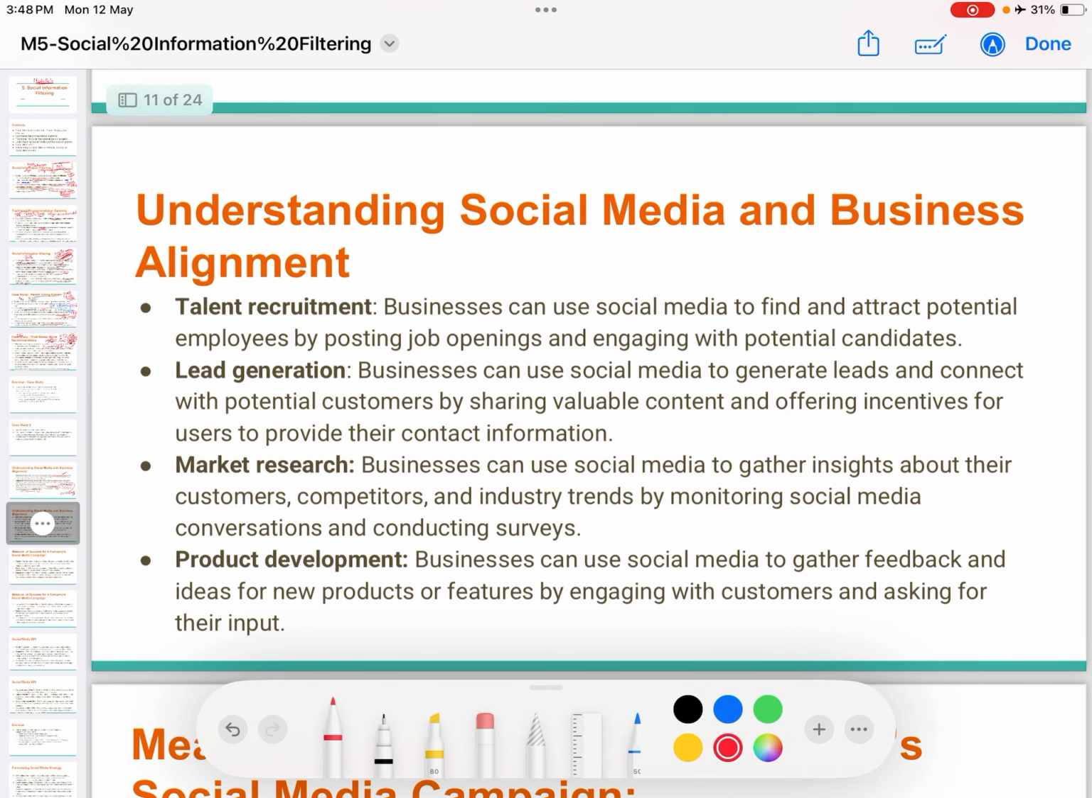Next is talent recruitment. The businesses can use social media. For example, many businesses post their recruitment on a platform named LinkedIn to find and attract potential employees by posting job openings and engaging with potential candidates. Lead generation. Businesses can use social media to generate leads and connect with potential customers by sharing valuable